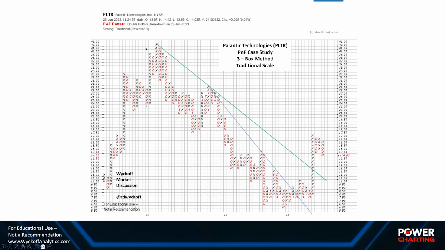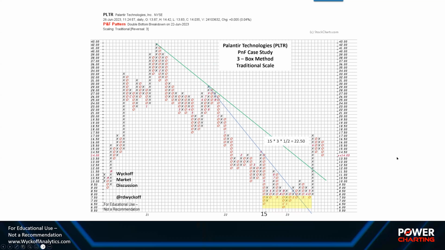I'd also like to point out that there's distribution forming up here, and this count I think went down to $9, I think is where it went, so pretty good count. And so here the catapult wall just shatters the downward stride of that trend line, and this is where we are now. Let's take account of this area. We see that this is a beautiful accumulation structure. This is the area we just evaluated.